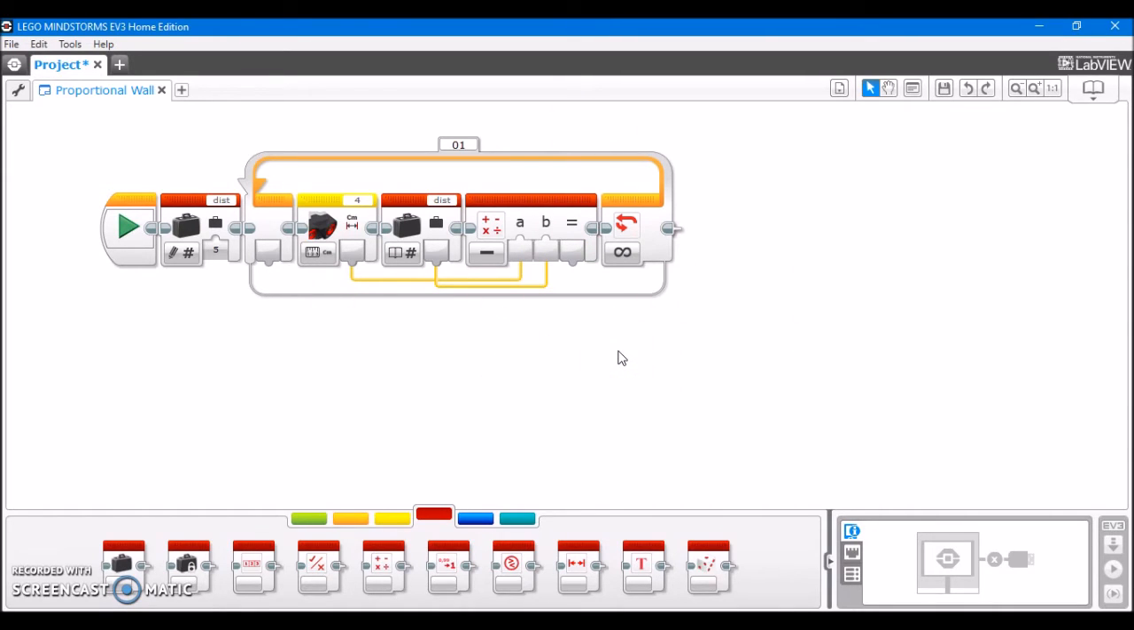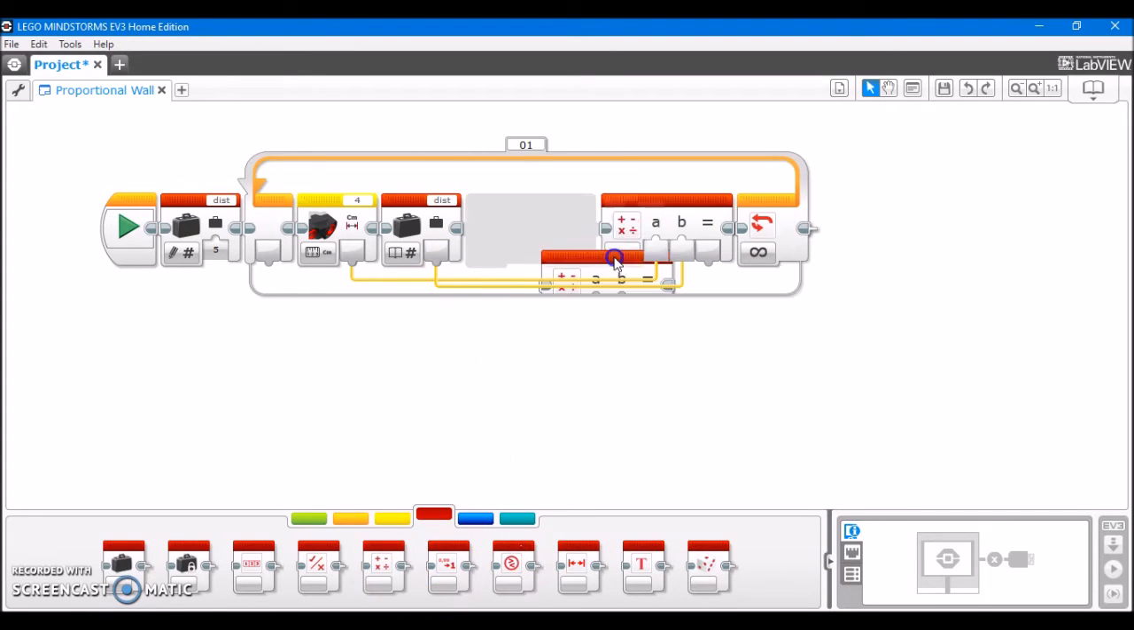Now you need to decide which side of the wall you're going to be following on. Are you going to be on the left side, or are you going to be on the right side? Now, if you're following on the right side of the wall, you don't need to make this next change, but I'm going to be following on the left side of the wall, so I'm going to take an extra math